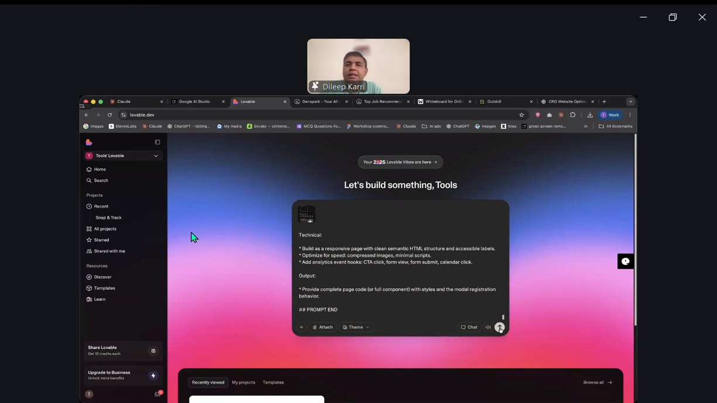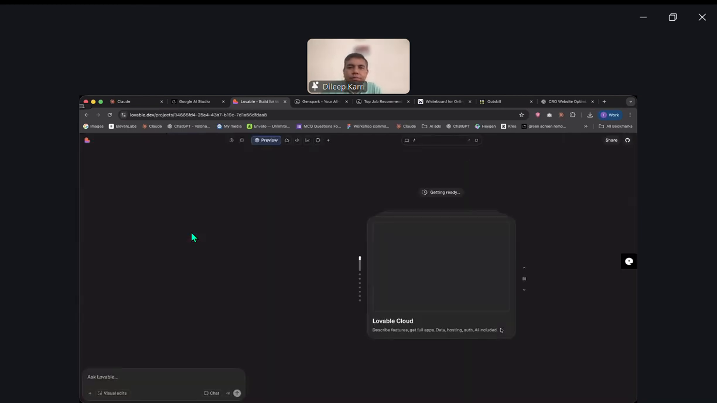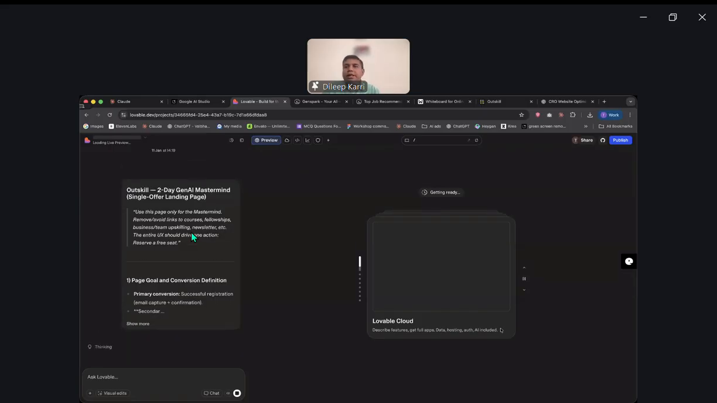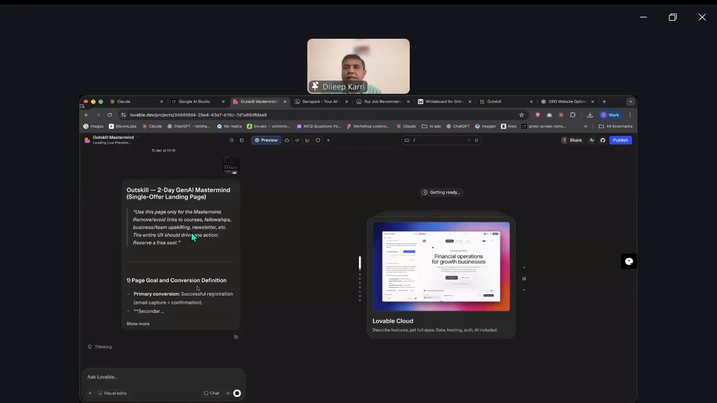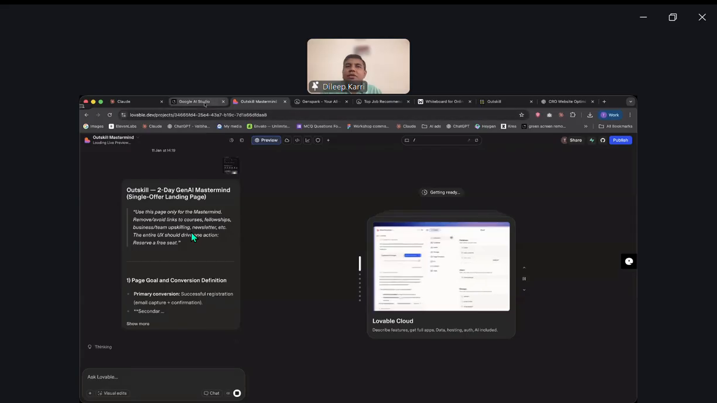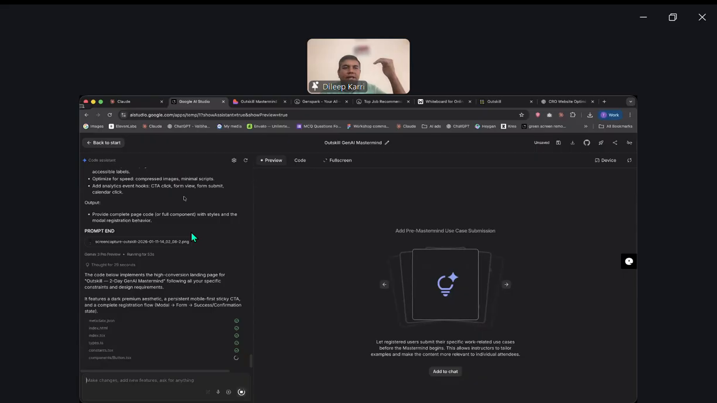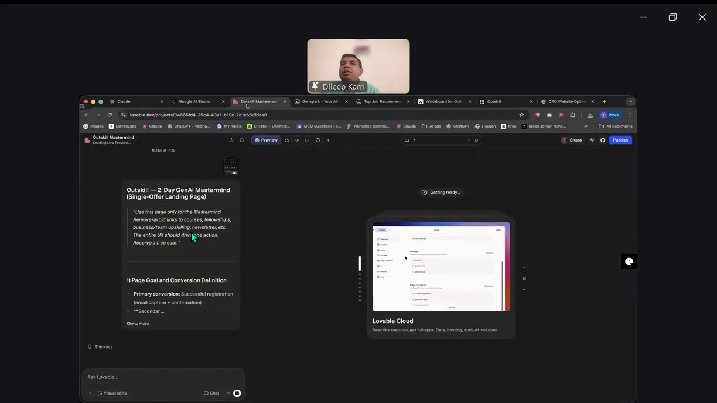Okay, and I'll ask it to build. So it is taking the exact same prompt. It is going to take the exact same thing. So let's look now at a comparison between two tools. One is Google AI Studio, which is a free tool, and the other is Lovable, which is a paid tool